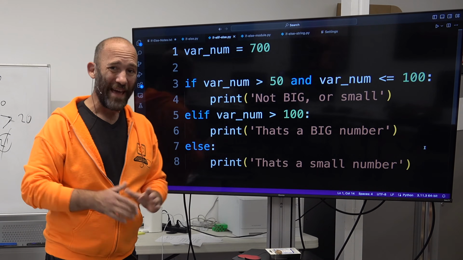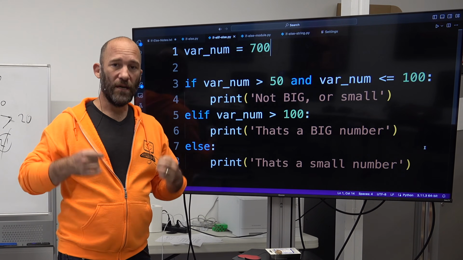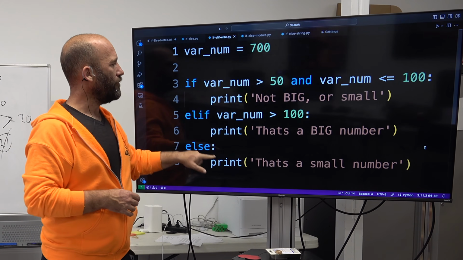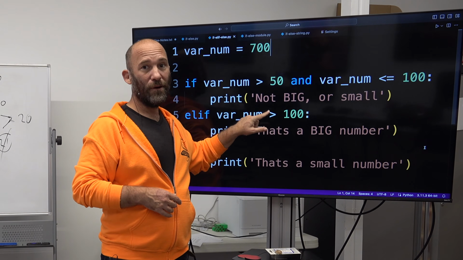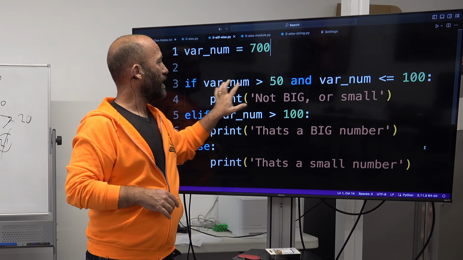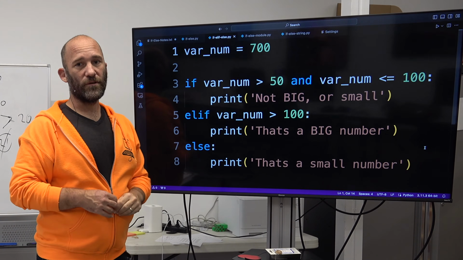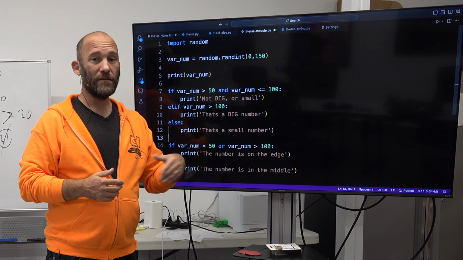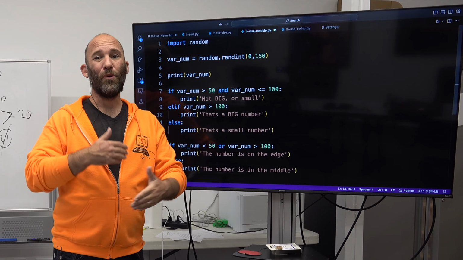So that's the basic idea of what we're talking about with if, else statements. Remember, in the Python world, it is elif. Remember, when you're doing these conditions, be careful of the greater than or equal to, or just greater than, right? That will really screw with you. And if you're trying to test for multiple conditions, you can use and in order to test for those multiple conditions. So now that you understand if-else statements and else-if, else statements, I want to add a little bit more dynamism to this particular script